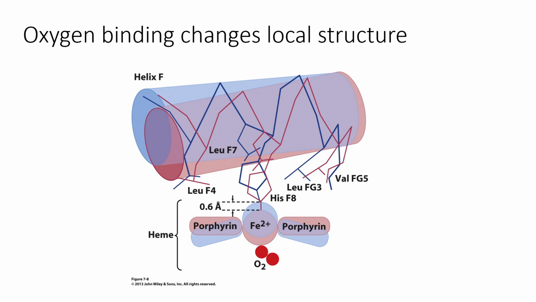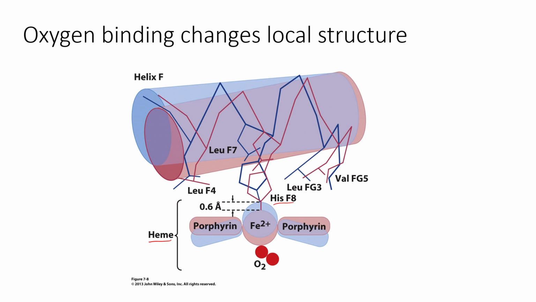So we discussed before how the difference between the T and the R state can be some of these relatively subtle shifts in the helices. And so we can see in this picture, on the bottom we have our heme group, and when oxygen is bound to our iron, there's a really small shift in the angle and the location of the porphyrin ring, which moves around where this histidine is in space in the middle here, this distal histidine, maybe it's the proximal histidine,